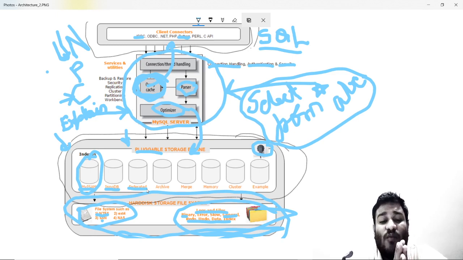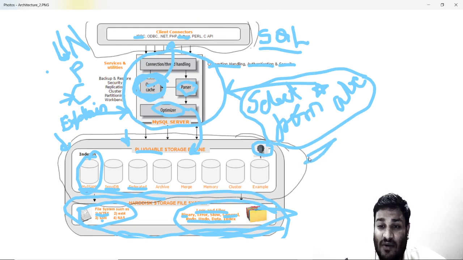So at the end, what is important is you can choose any of the storage engines, and all of these storage engines have their own benefits and disadvantages. So as per the type of domain, the type of business you are doing, you can pick any kind of storage engine. And yes, we will discuss storage engines at some later stage. But for now, I will give a highlight of storage engines and why exactly they are required.